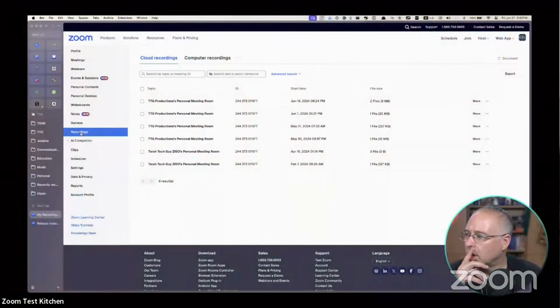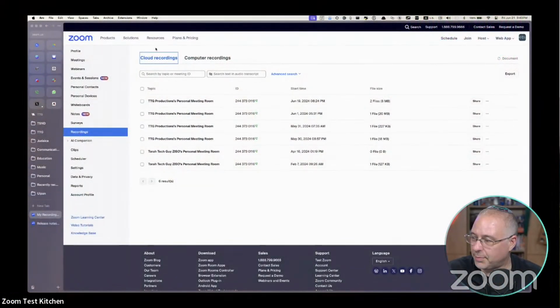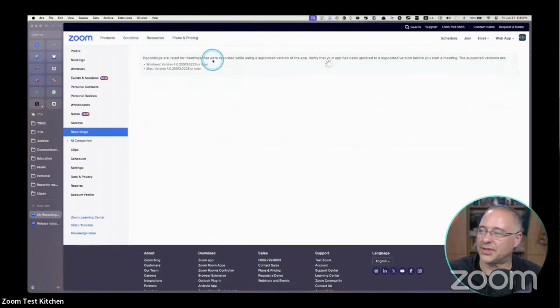When you go into your account, let me just log in here. You go to recordings. Yeah, I saw it right up here. I saw it the other day: cloud recordings and computer recordings. Interesting. They're doing that with a bunch of things. One of the ones recently was they no longer call these clients, they call them applications. Right. I think they're trying to make it easier for non-IT people to know what you're talking about. Local recording, what the heck is a local recording? I don't know. Right. So I think they're trying to make the vocabulary a little more accessible for non-techie people, which I think makes sense.